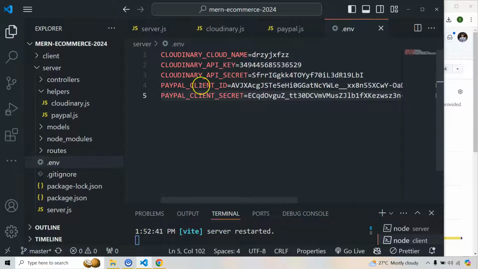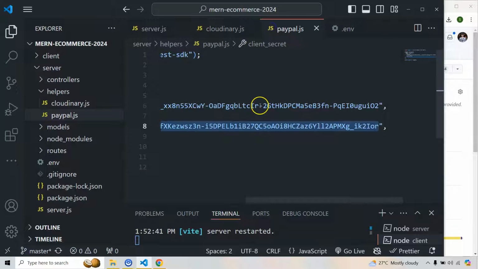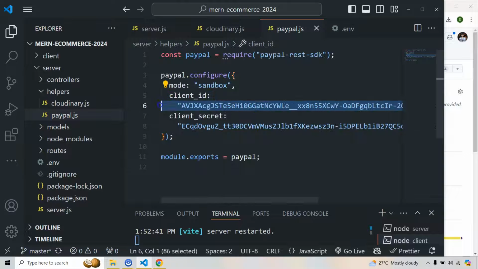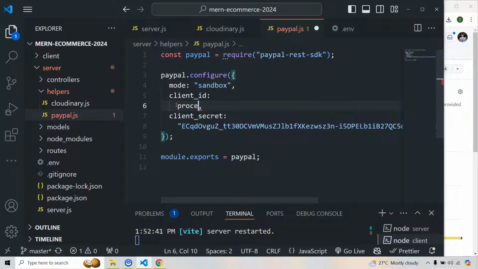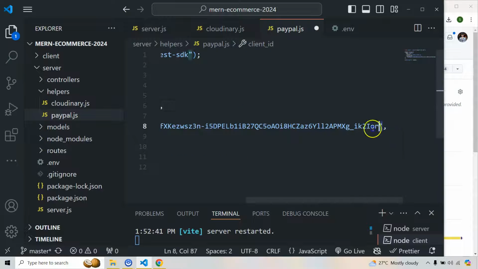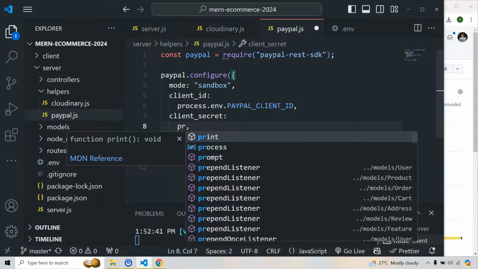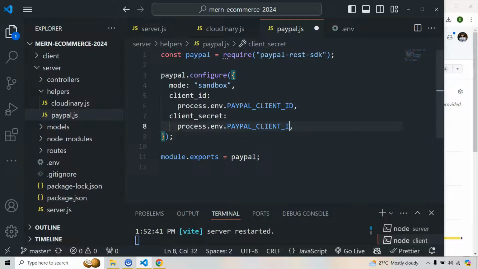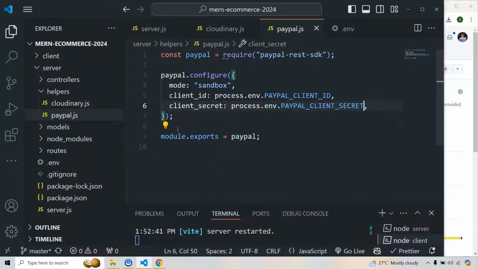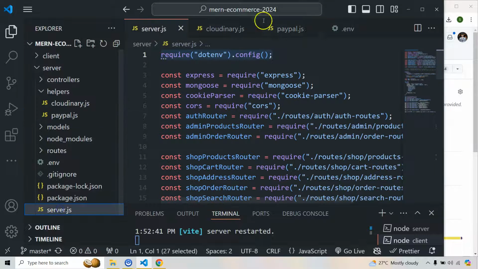So now let's save it and let's replace it here. I'm going to remove this and change it to process.env.PAYPAL_CLIENT_ID, and this will be process.env.PAYPAL_CLIENT_SECRET. Okay, now next thing what we are going to do, if I go to our server.js, you